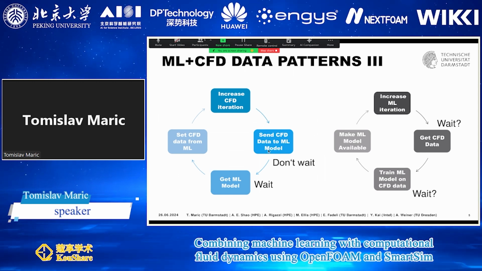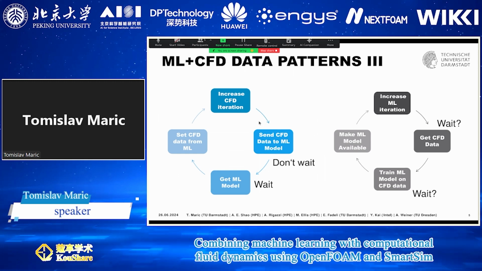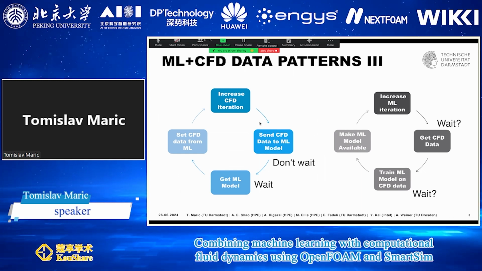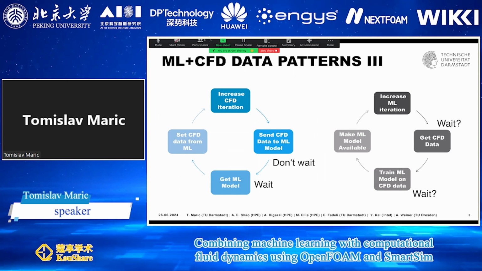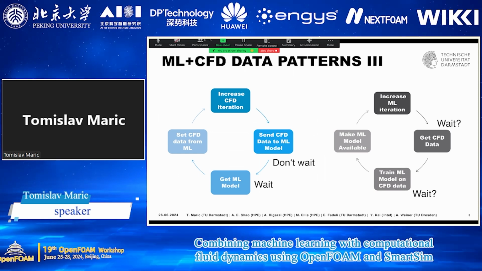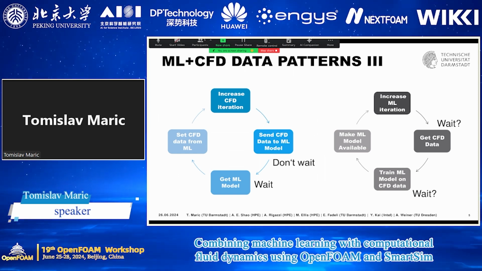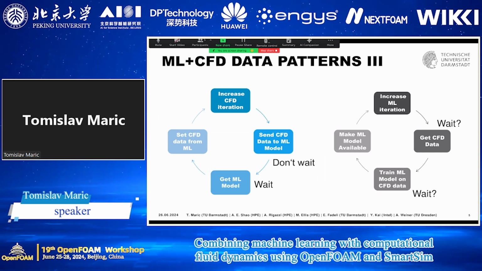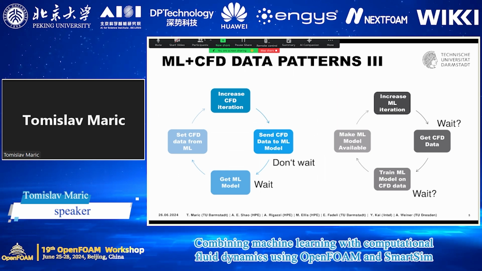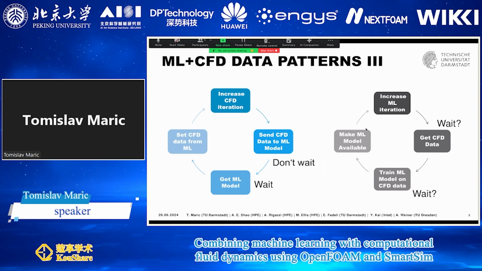And when you do that, you would not like to wait, because a CFD simulation, as I mentioned, runs mostly on MPI, many ranks. So you don't want to create a bottleneck where the next MPI rank must wait with proceeding, so to say, with discretization or whatever it's doing, before the previous one sent the data to the ML model, right? So you want to have a non-blocking communication here to the other side,